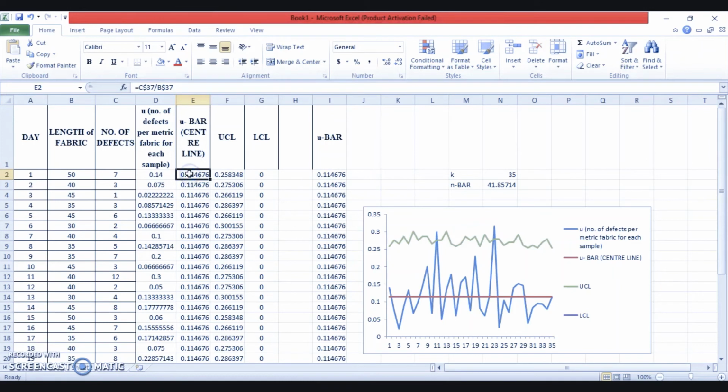Here, first of all, we found the u value with the help of each and every single value of the sample separately, but here we did the same thing with an average sample size, right? So after finding out the u value, which is also your central line, if I put this CL here, that will be the same thing. U bar is also the central line.